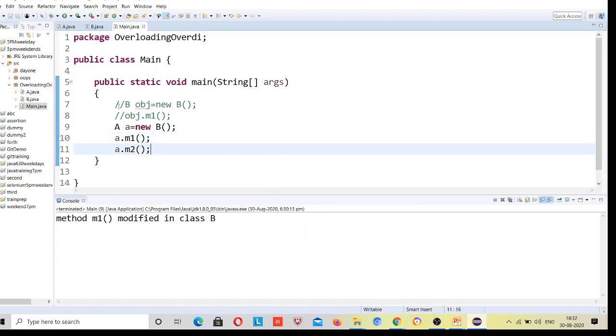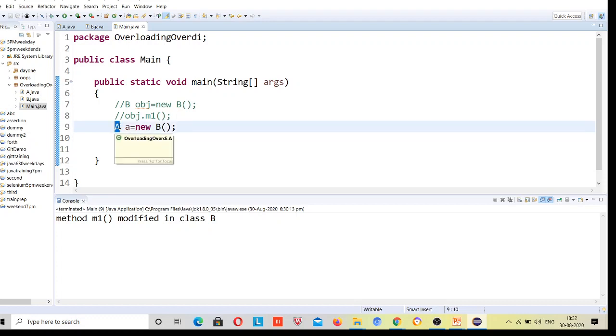What does it mean? Here we are using a reference for the parent class and an object for the child class. Now the rules are changed, but I don't want it now, but just because Lakshmi has asked something, this is upcasting, so you can follow this. Let me explain it first.